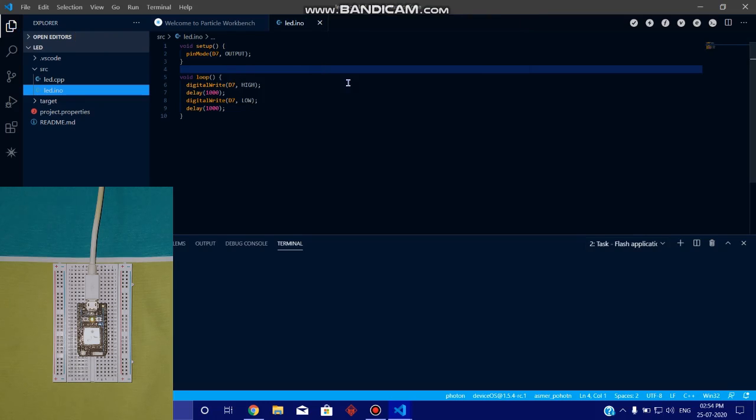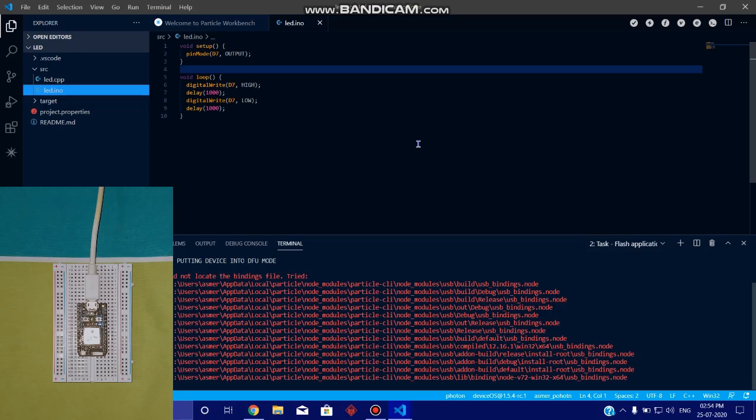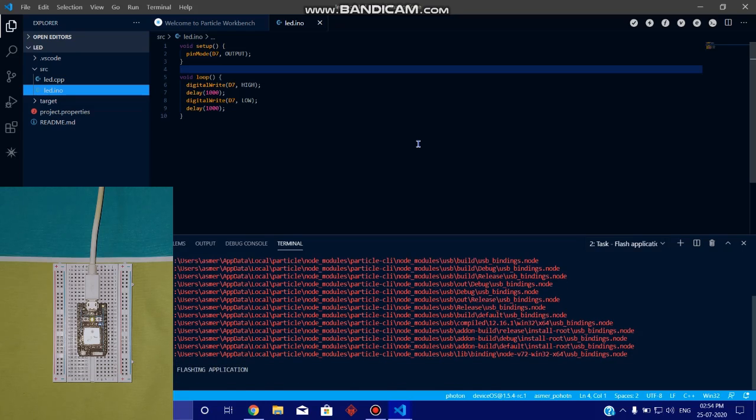So I'm going to select it, then flashing the device in the DFU mode. Wait for some time. It's going to compile first, and then it's going to flash. Meanwhile, you could also set different pin modes and add a different LED to a different pin number and blink that also. The program will remain the same, except the pin mode, the peripheral you have to define will be different, like D3 or D4. That might depend on your choice. Otherwise, that's not a problem.